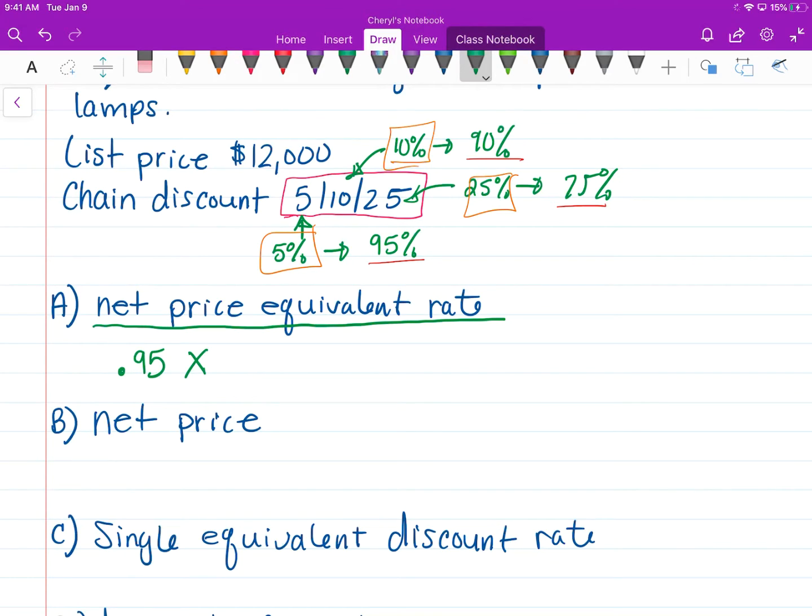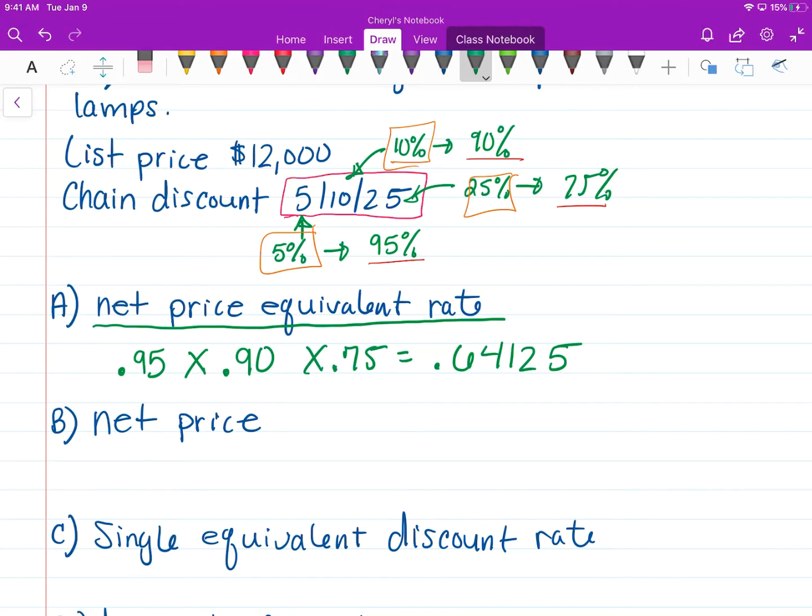And if I get 10% off, that means I'm paying 90%. So I'm going to multiply that by 0.90 for the 90%. Then if I get 25% off, that means I'm paying 75%. So now I'm going to multiply it by 0.75. When I multiply all that together, I get